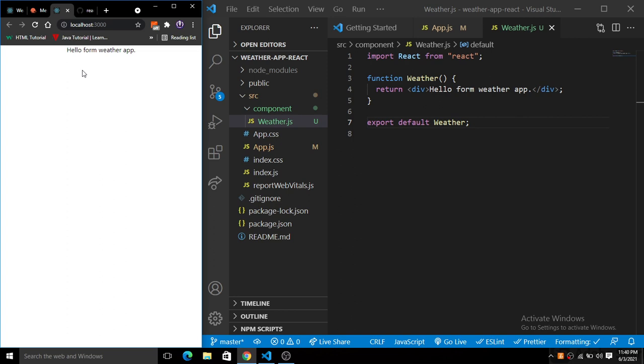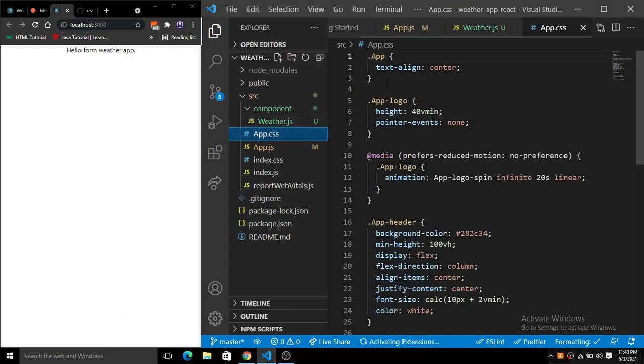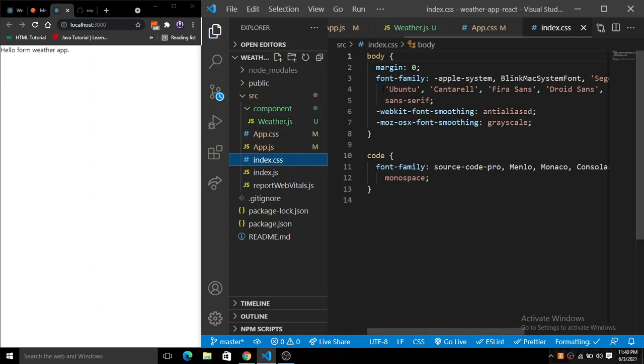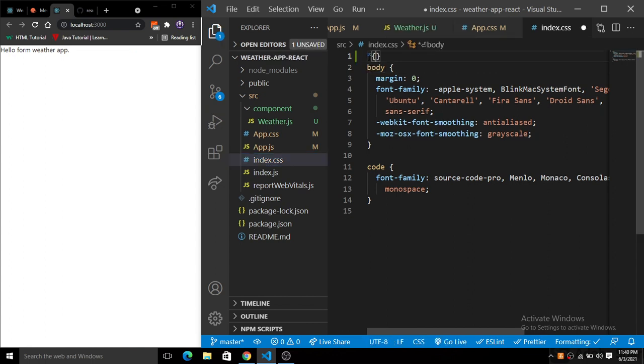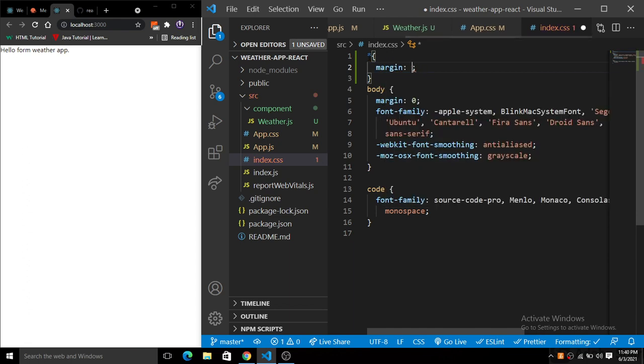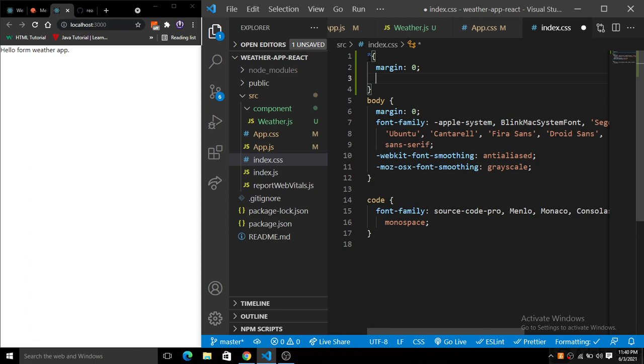So you can see a hello from the weather app, but it is automatically default styled here. So what I will do, first of all, we have to simply remove everything from app.js and save this. And inside of this index.js, I will put a star here for all the pages. We just put the margin and the padding to 0, so it will simply disable the whole inbuilt automatic styling feature there. And now let's save this. Okay, so we are done with this.